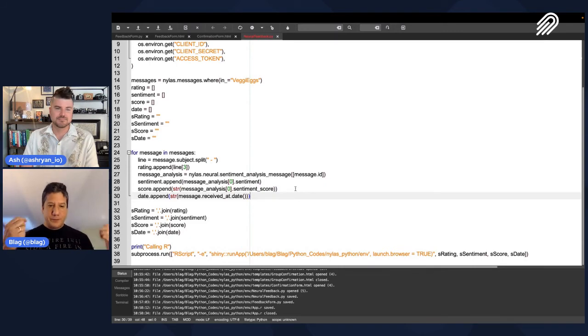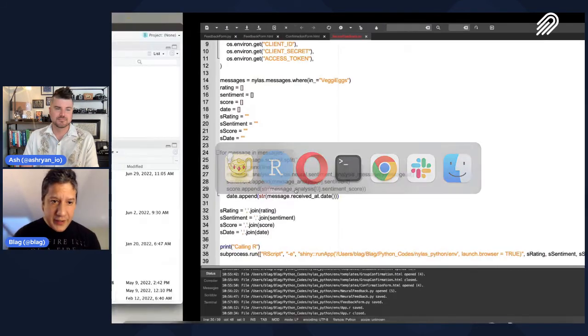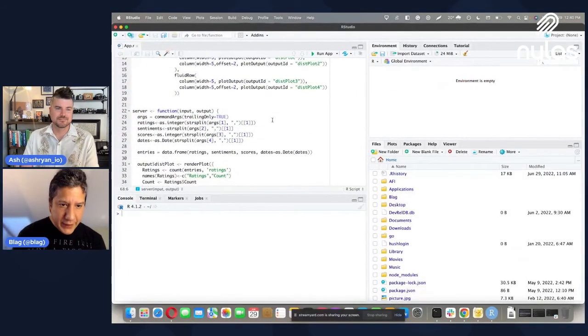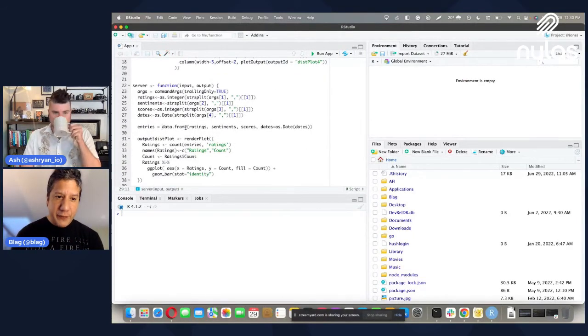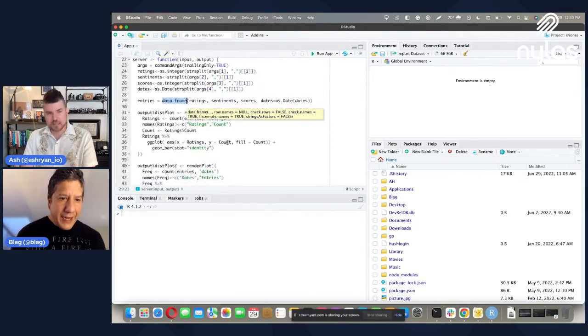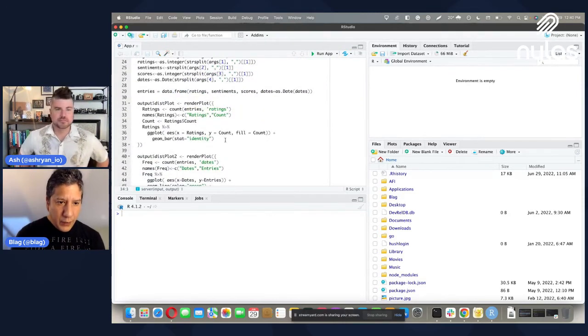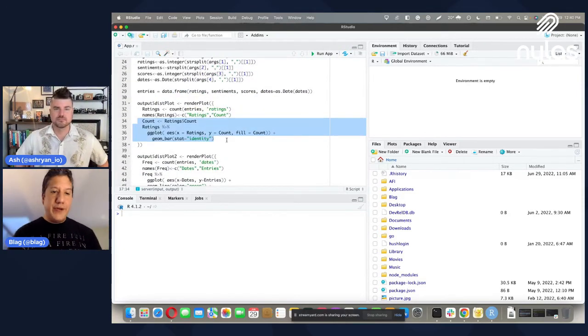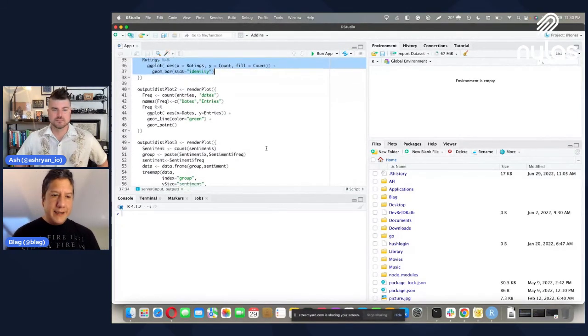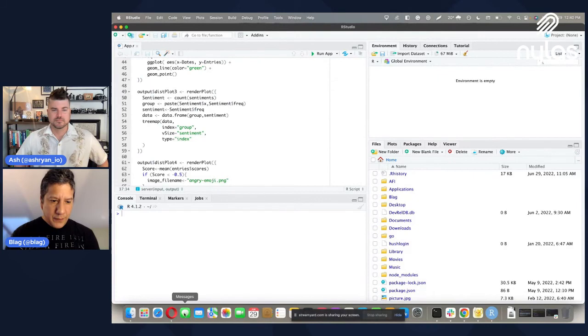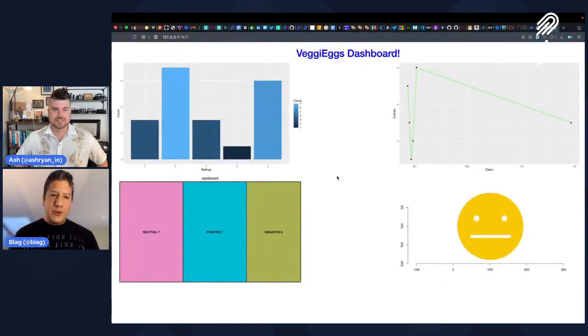And then we send it to R. We can simply format it in a way that R is going to understand. We're going to create a data frame, which is pretty much like a table. And then from here, we're going to create the different charts, passing the date, passing the sentiment. So then we're going to be able to have this, right?